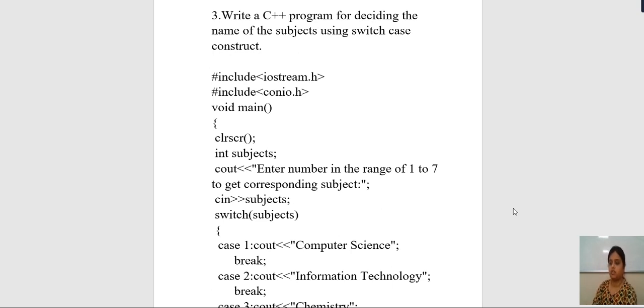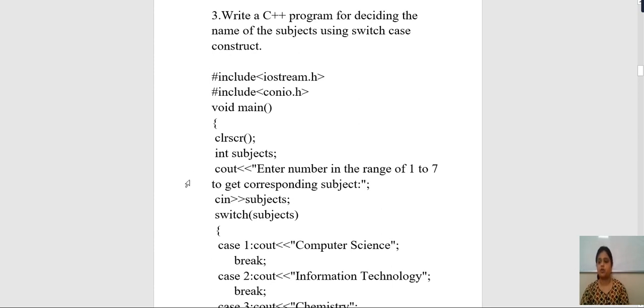Now what is the use of the switch statement? In a switch statement, you write an expression, and according to the numbers in the range you provide for the different types of cases, that particular statement will execute. That is, there will be a number of different cases, and according to the matching case, that particular block is executed. If the number you have given is not in the range of the cases, then the default statement will execute.